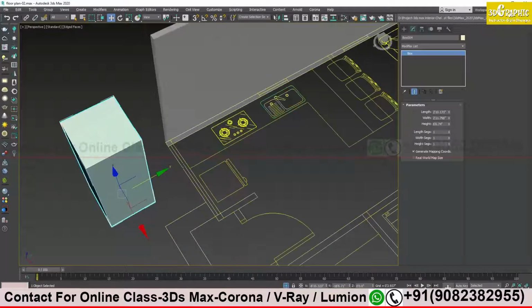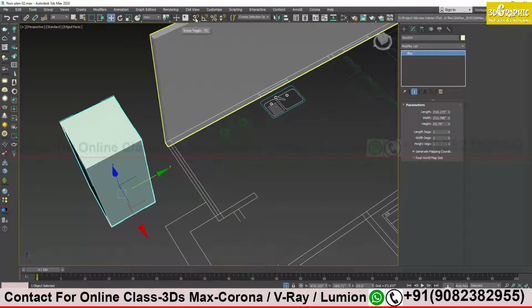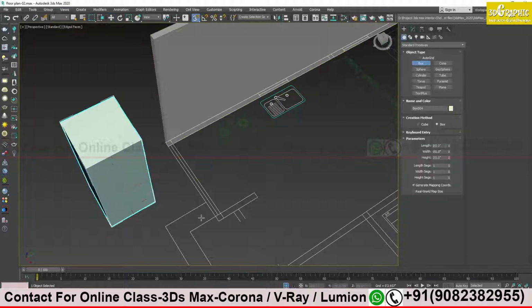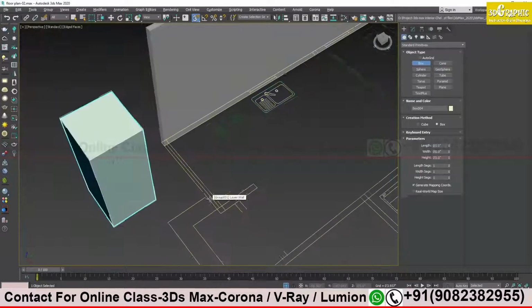Now my actual wall will be over here. I will turn on my snapping tool, as we did before also, and create a box. Now I will create the wall over here.